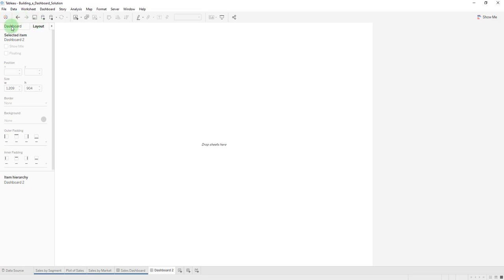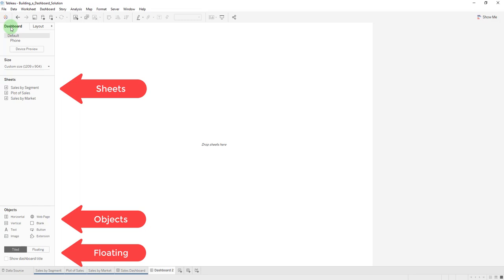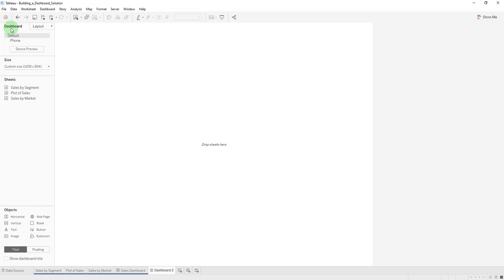So if I toggle back over here to my dashboard tabs, we have 3 general ways to build a dashboard. And I don't want you to look at it like I have to pick one of those 3 ways. Look at it as though your dashboard is probably going to be a healthy mix of all 3 ways. All right, so the first way that we have is just by dragging our sheets right here directly onto our dashboard. So when I drag one on, it will by default take up the entire area that I have given